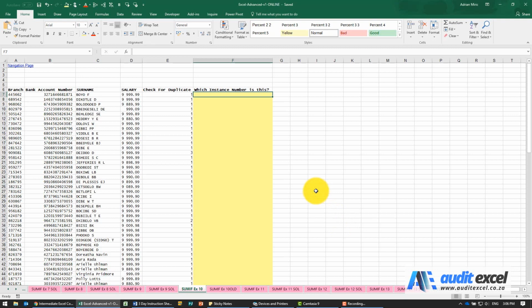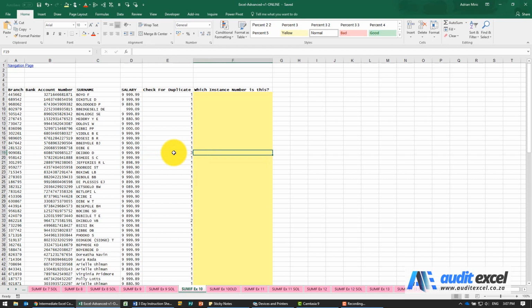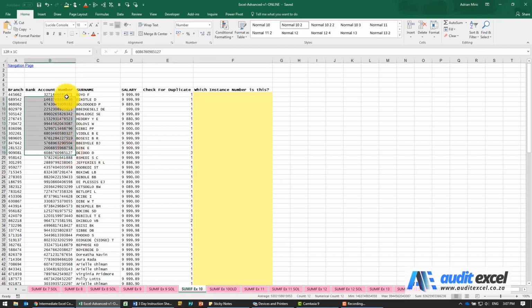The solution to this example, the way we're going to get around this, if we do a normal COUNTIFS, this, for example, looks here, looks everywhere, tells us it appears 3 times. The only way to get it to tell us that that's the first time is that each time we look, so when we look here, we must only compare it to the ones above. That way this will be the first time, but the next time it sees this number, it will show us the second time.